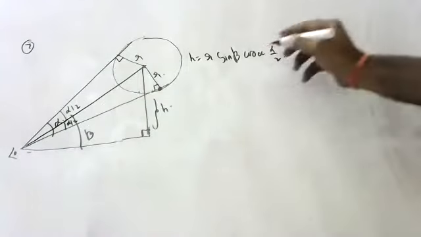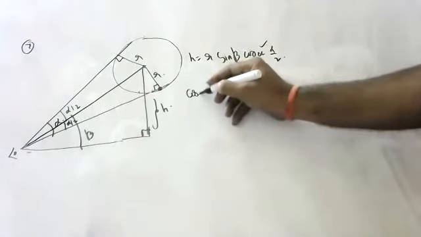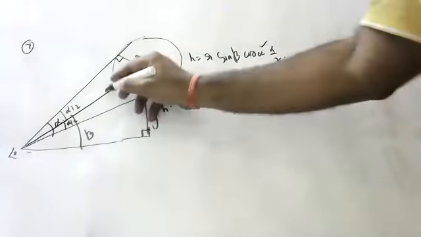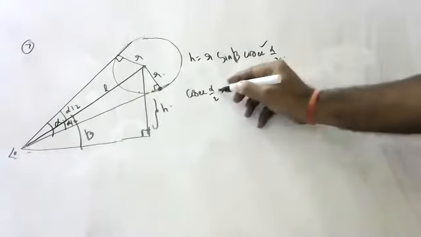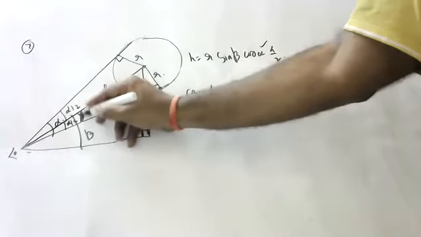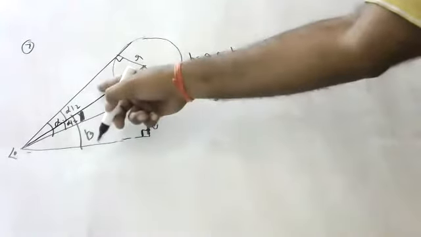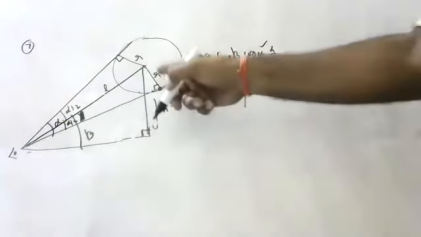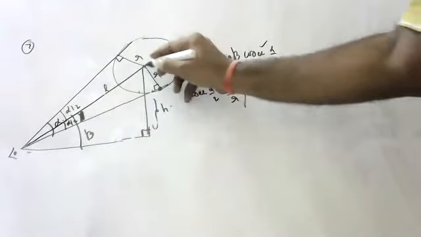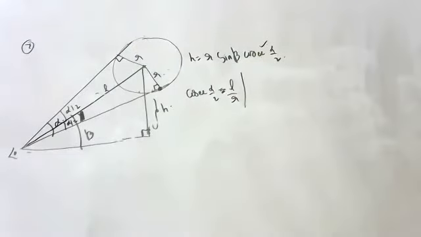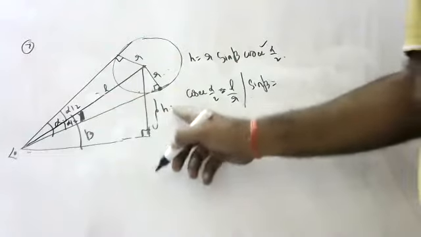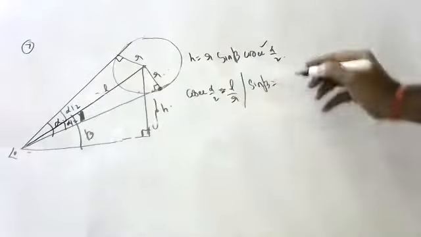Okay, children. Now, according to the question, what is cosecant alpha by 2? Anyone? Imagine this is L. According to the question, cosecant alpha by 2 for this angle is hypotenuse by opposite, L by R. Hypotenuse by opposite. Children, only see this triangle. Next, can anyone tell what is sine beta? Sine beta is opposite by hypotenuse.